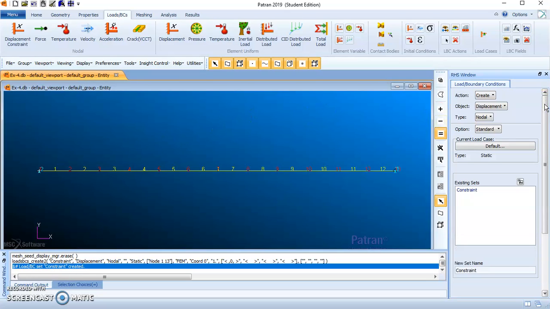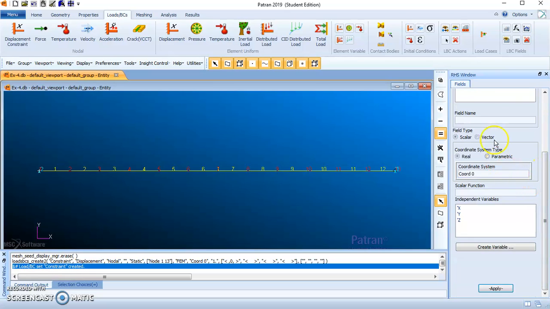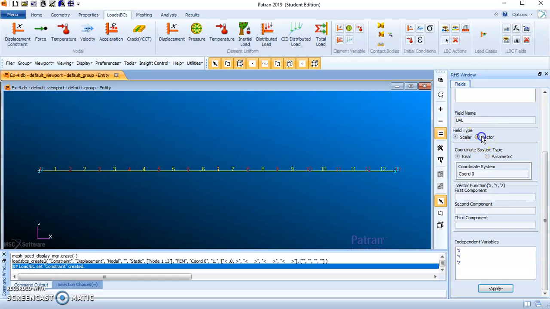Now to provide UVL, let us provide it as a function. So in the LBC fields here, the first icon, LBC icon, select PCL function, give the name UVL. It says vector quantity.